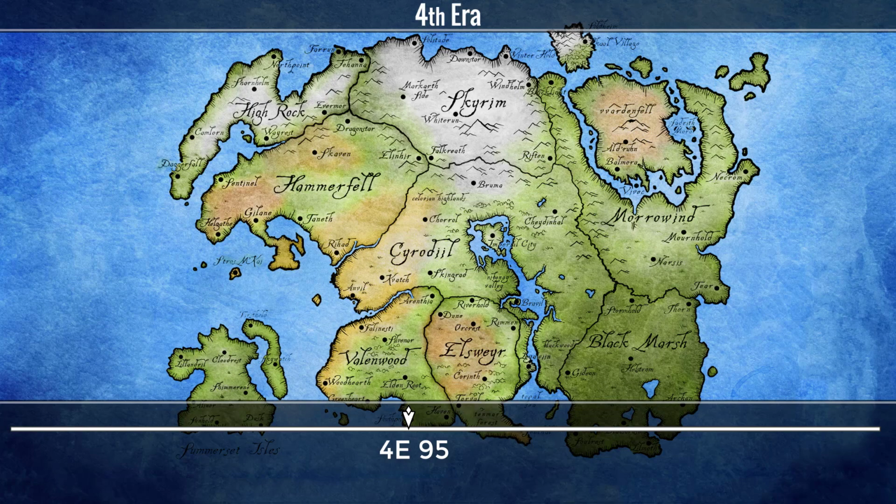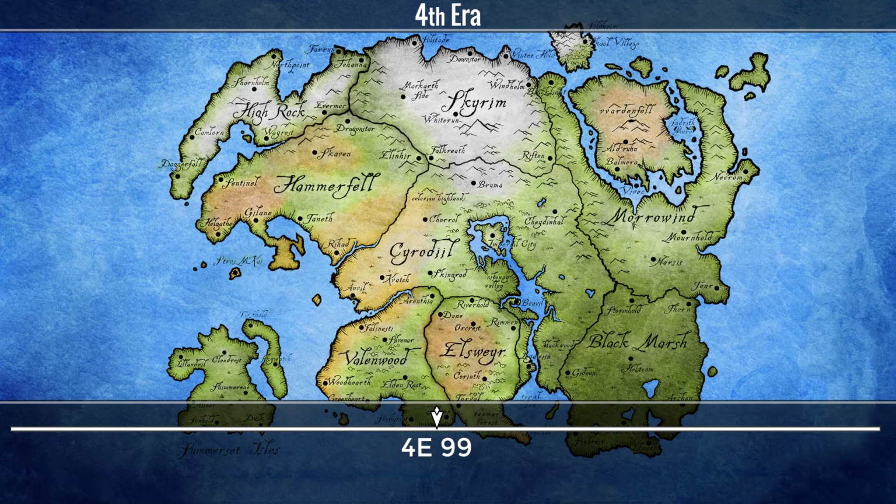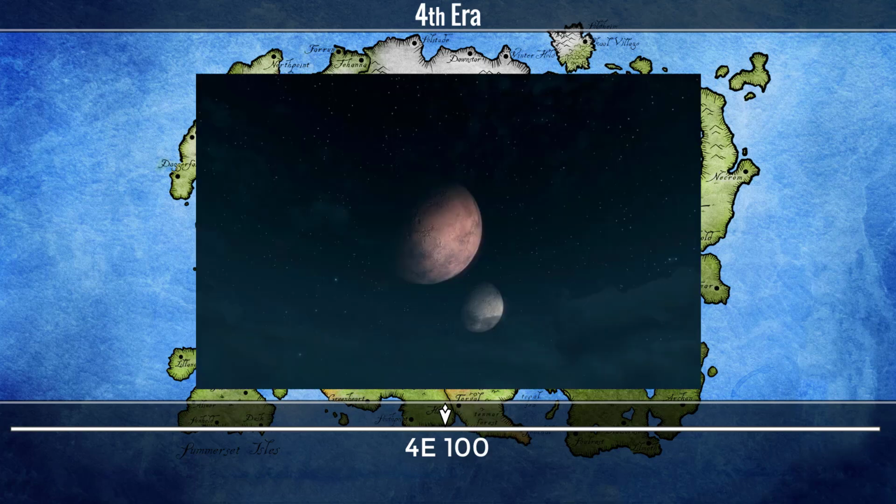In year 98, the Void Nights begin, and the Khajiit freak out. In year 99, the Third Aldmeri Dominion ceases their 70-year-long period of isolation from the Empire, and after 2 years the Void Nights end, and the two moons of Nirn, Masser and Secunda, come back again.